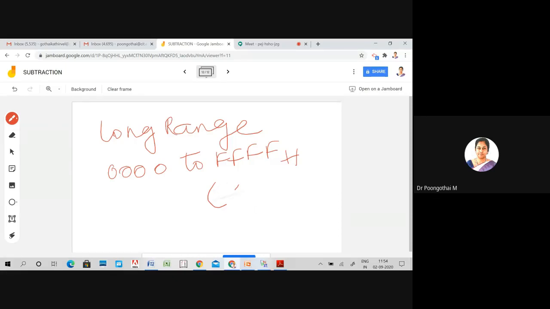Stylish pen is not working. 64 KB. Have all of you noted?